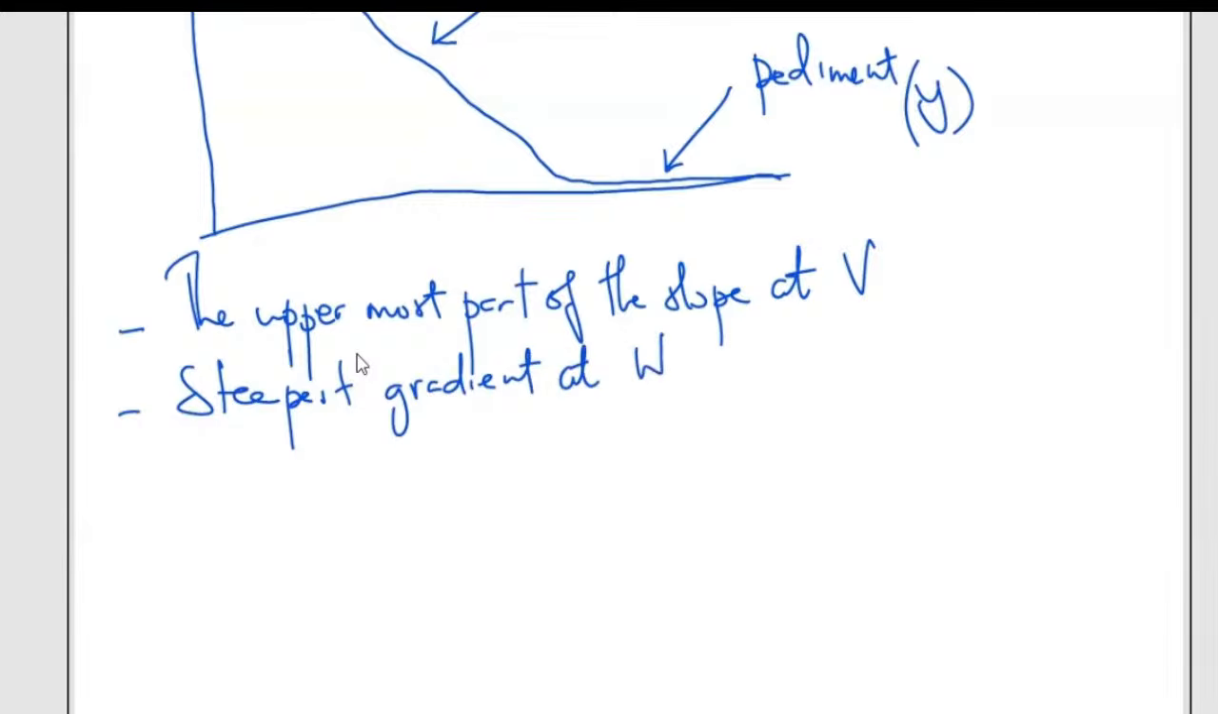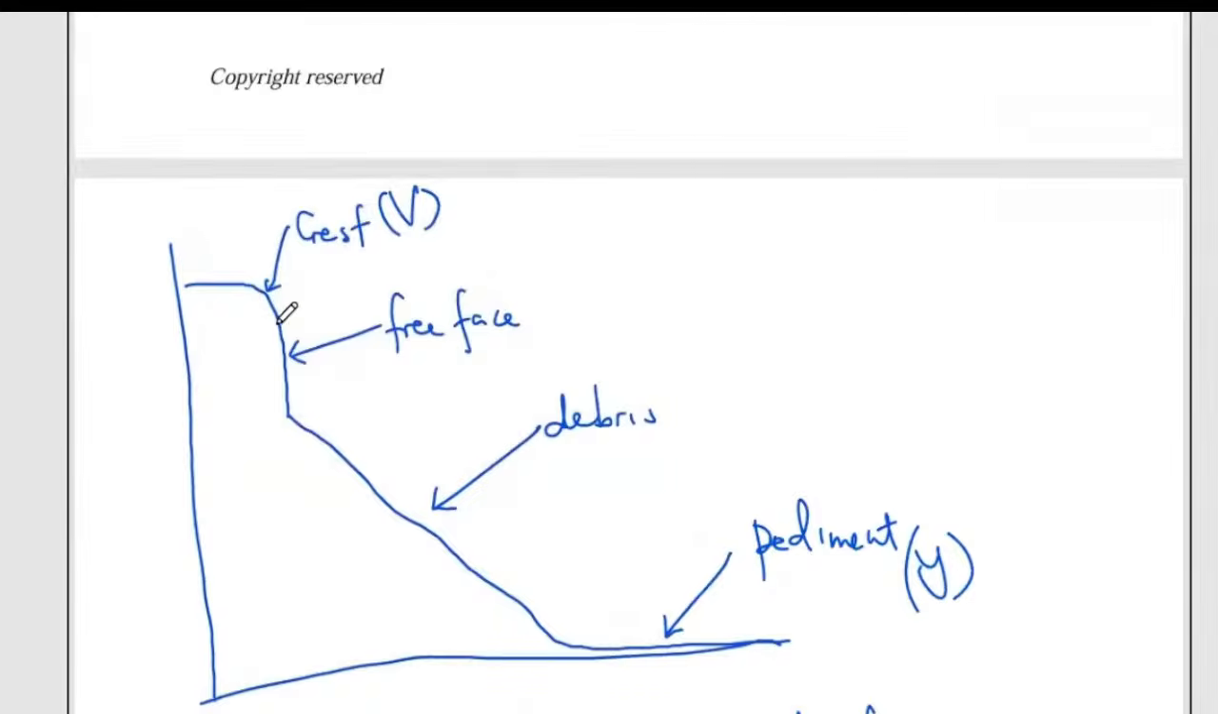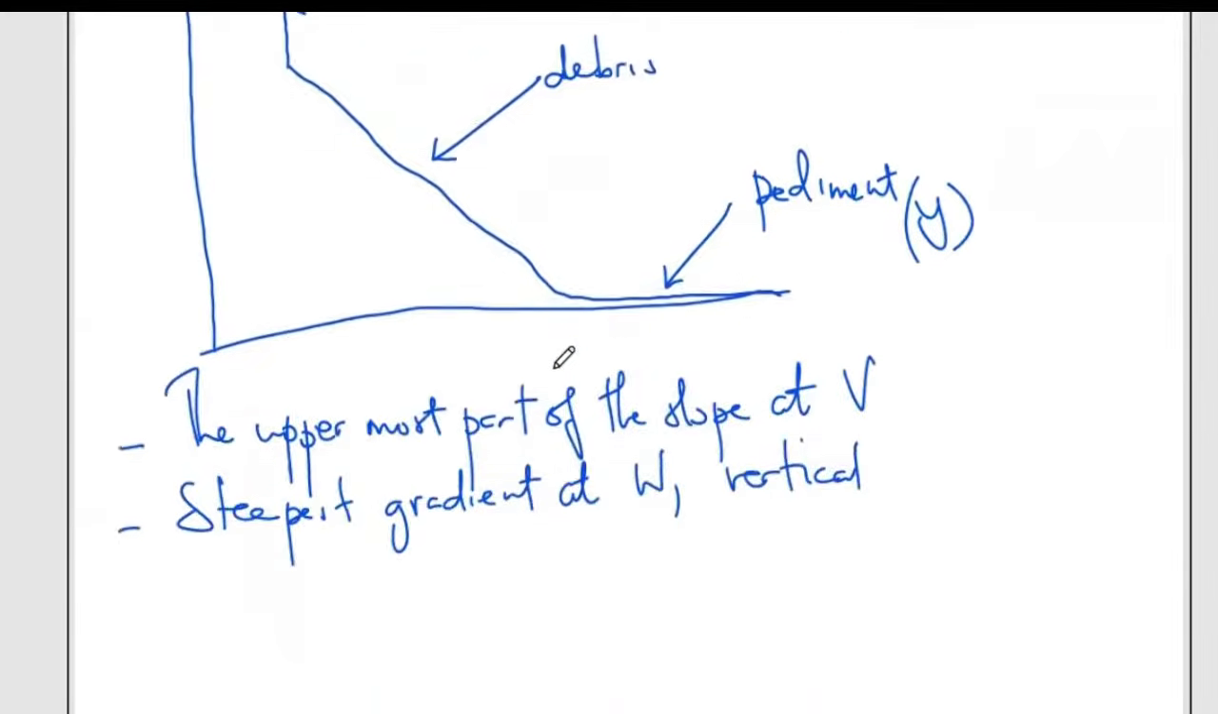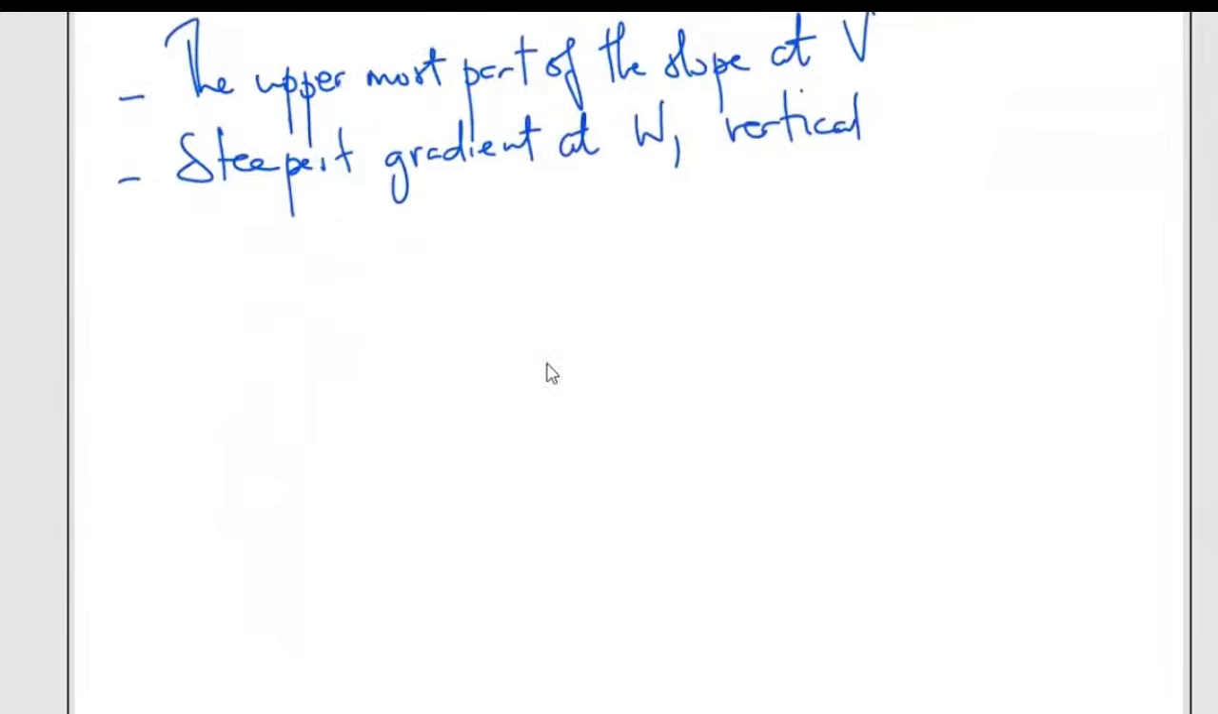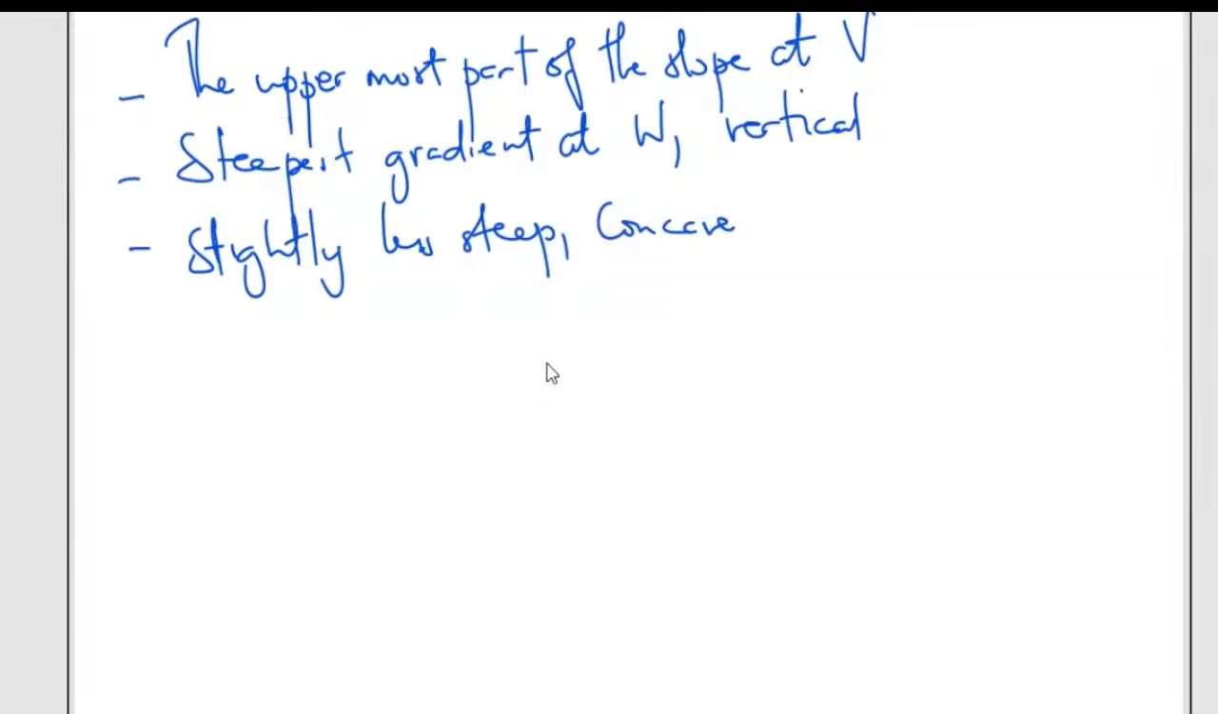At W, it is almost vertical. It's a vertical slope on the free face here. That's the steepest part of our slope. And then as we go down, we have a slightly less steep, concave slope. Our concave slope, we find it on the debris,